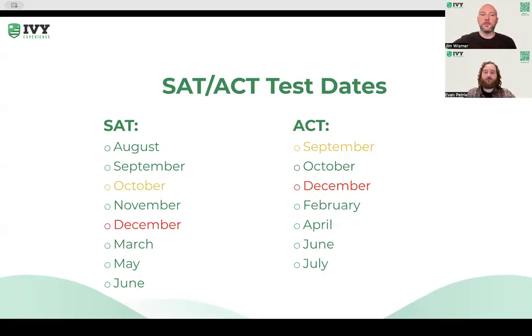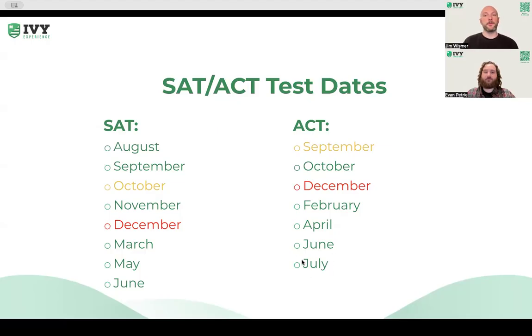So the idea with these test dates is that you take the March SAT, then you can retest in May or June. That's going to be that more stressful time of junior year, but preparing for a retest is easier than preparing to take the test for the very first time. Typically, students are going to do fewer hours of prep heading into a retest than they do for the first test. For the ACT, you have June or July as your spring test dates. July's nice because you get a full month after school lets out in June to prepare for it.